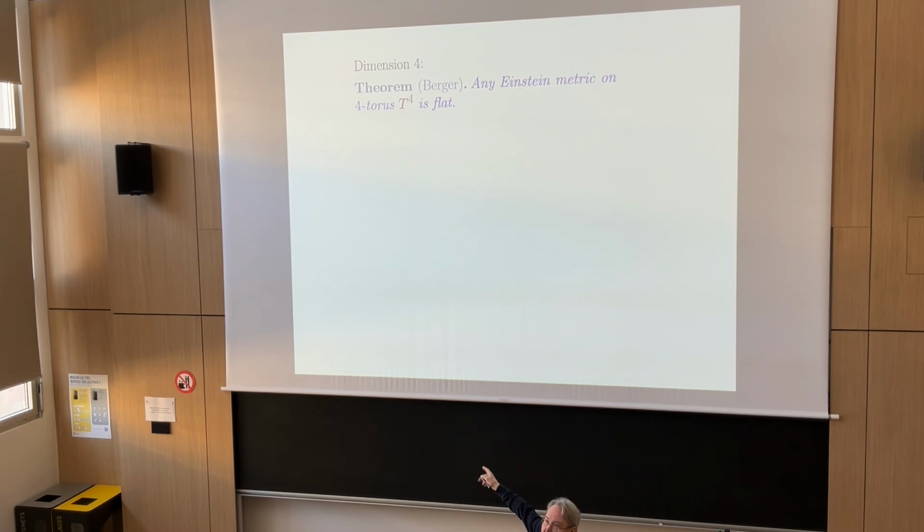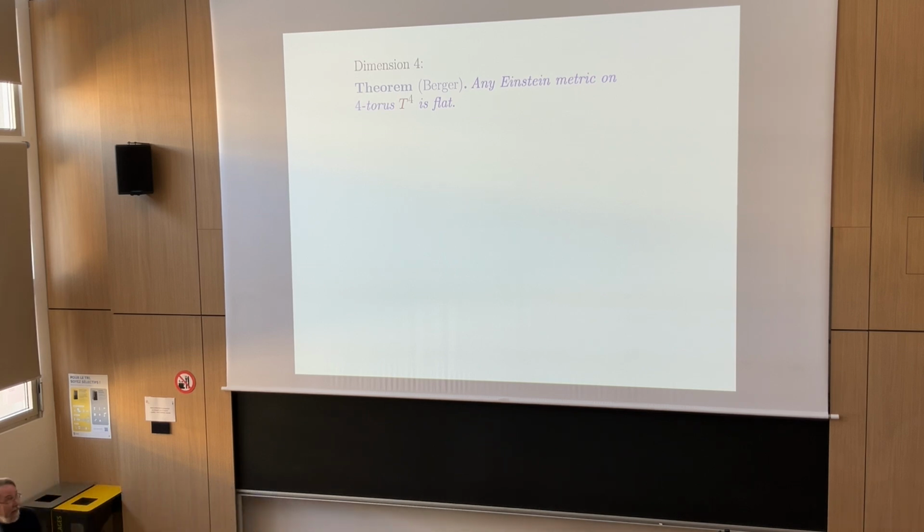How do we know that the Einstein constant can't be negative? It can't be positive because positive Ricci curvature would mean finite fundamental group. How do you know that the N torus does not have an Einstein metric with lambda negative? You can prove this is impossible in dimension 4. We have no idea when N is bigger than